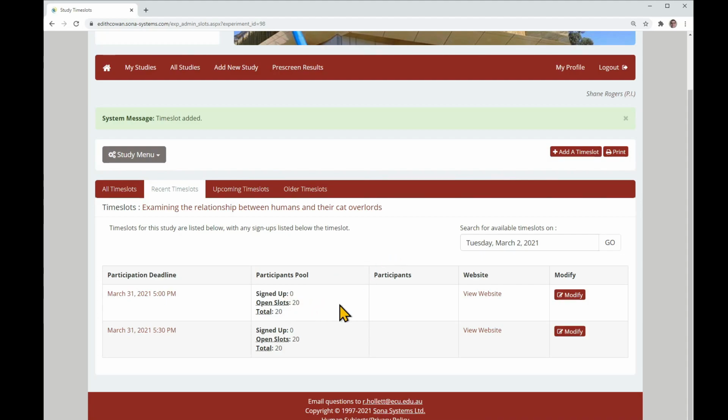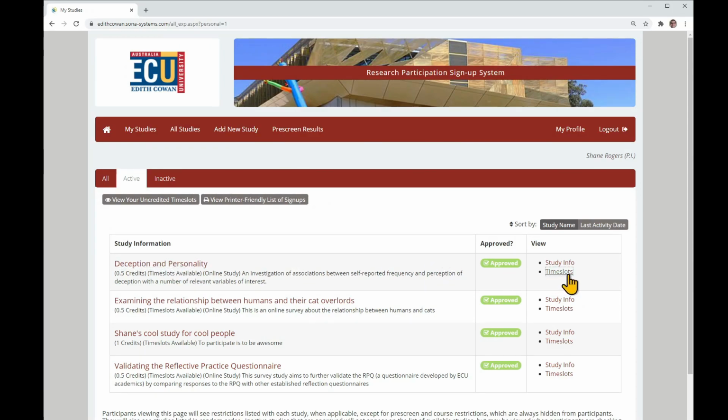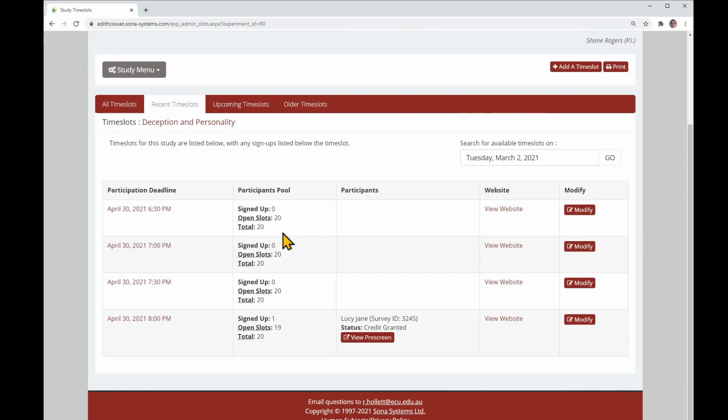I generally do that. So here's an example. I'll go to my studies, and here's a different one. Here's one that I prepared earlier. Go to time slots. You can see I've set it all up with 4 little bunches currently, and I have had one person already sign up, and they've had their credit granted, because with the Qualtrics,